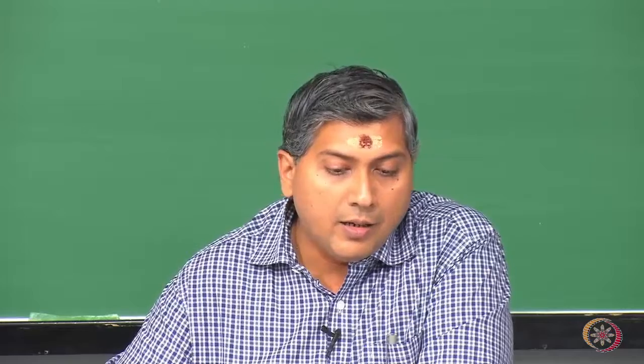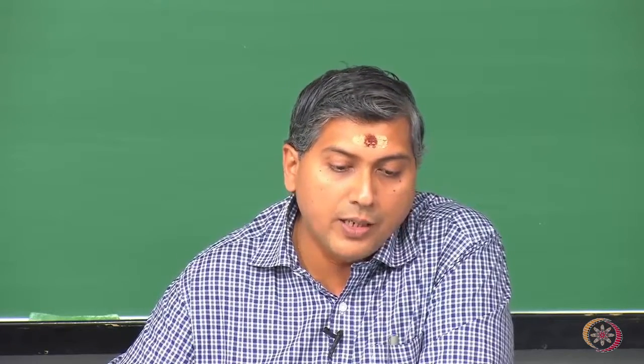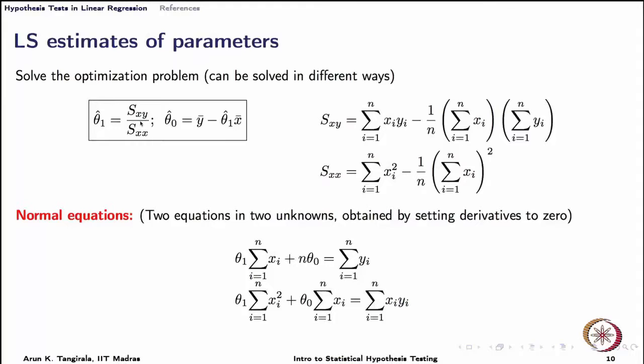The expression for theta 1 hat looks somewhat similar to the correlation coefficient, particularly the numerator, not the denominator. In the denominator of the correlation coefficient, we have the product of the square roots of sigma square hat x times sigma square hat y. That is, we would see square roots of the product of s x x times s y y. We do not have that here, you should note, but the numerator is the same.